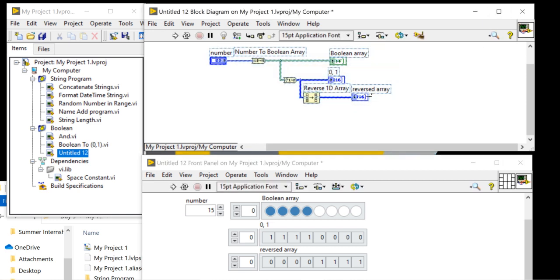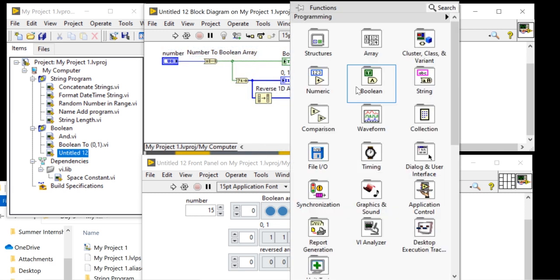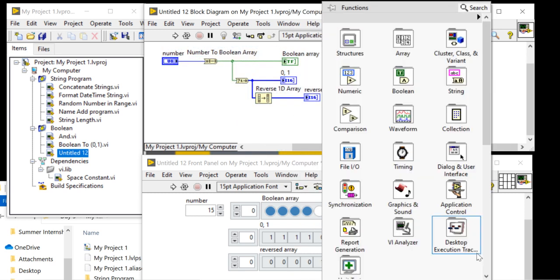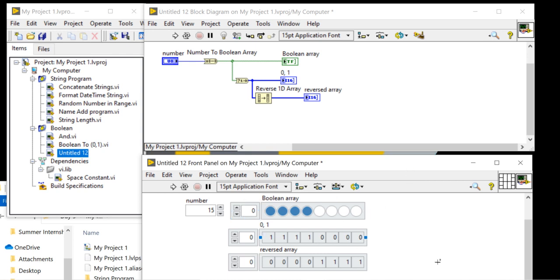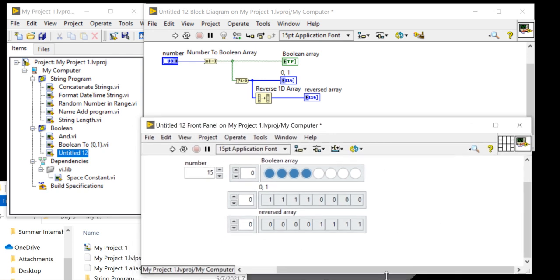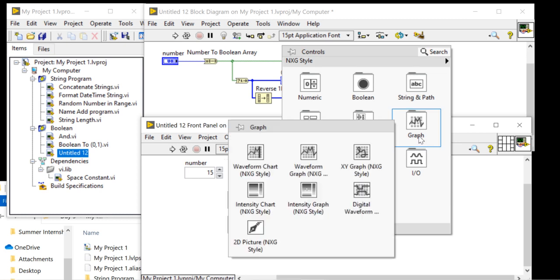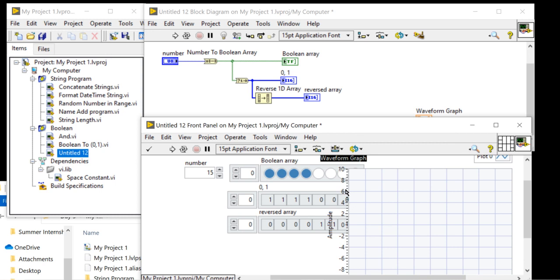Can I take a graph here? Right click in the front panel. I want to take one graph here. Right click in the front panel, come into the graph and take a waveform graph. Place it here.